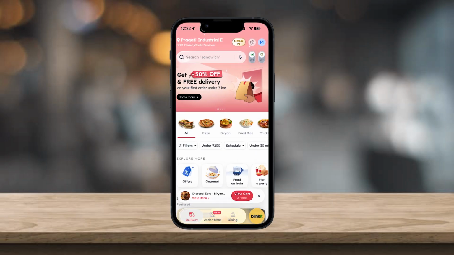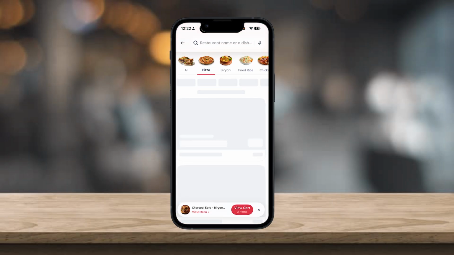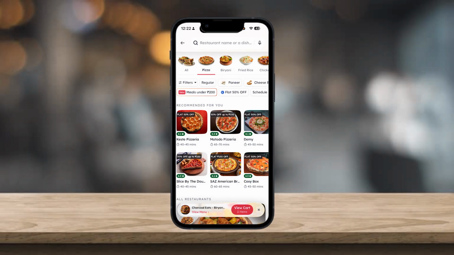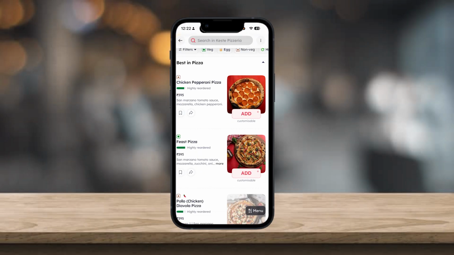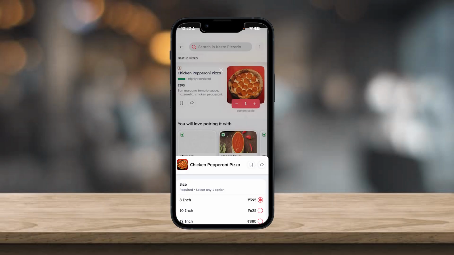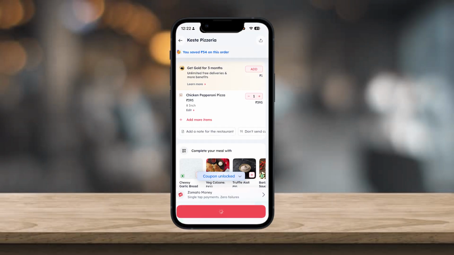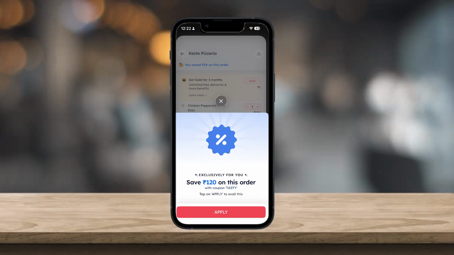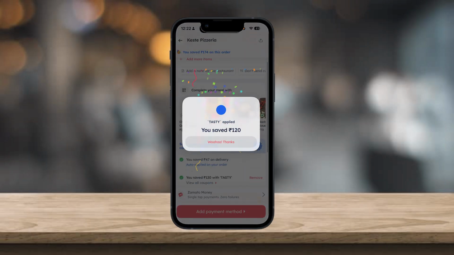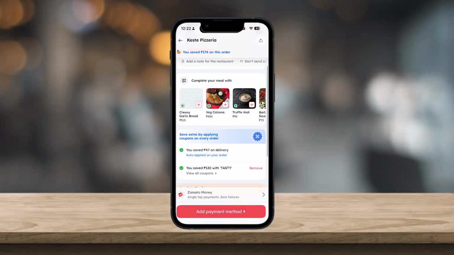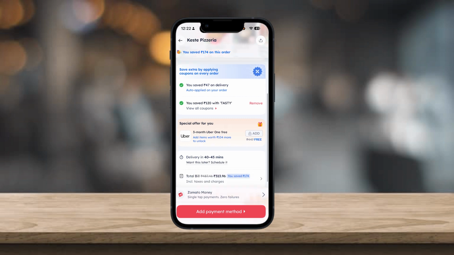The other thing that you can do is simply when ordering any kind of food. So for example, let me just go ahead and let's say order this pizza right here. Click on add item, click on view cart, and once I've done that, as you can see, here's an exclusive coupon that has been right here. So simply go ahead and tap on apply and you can simply apply it, which is right over here applied,